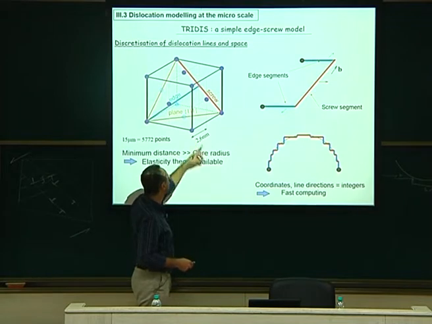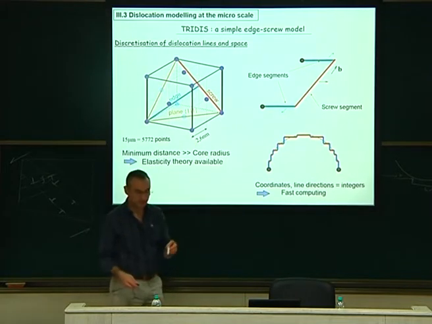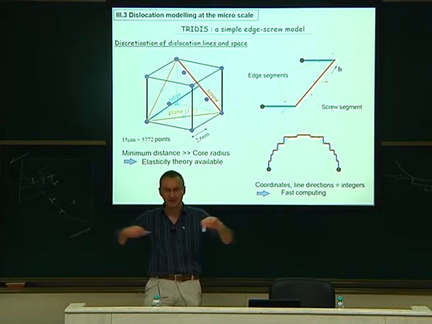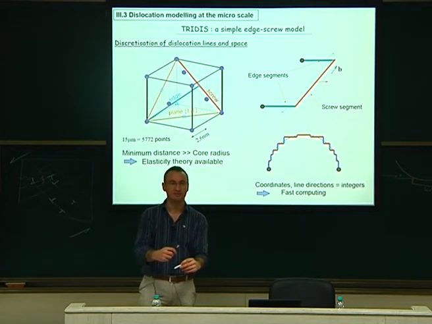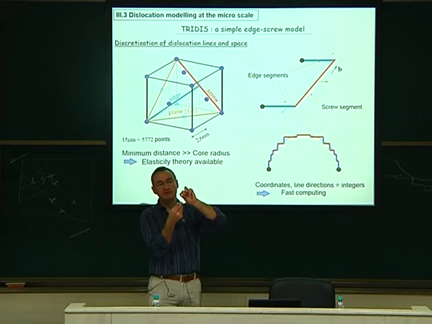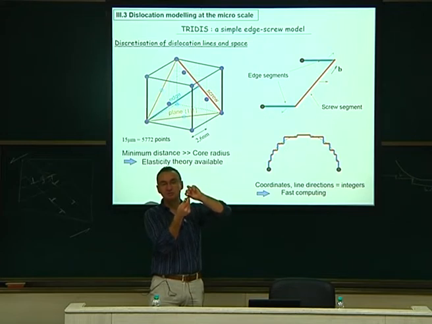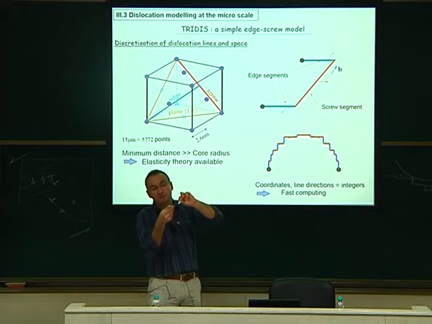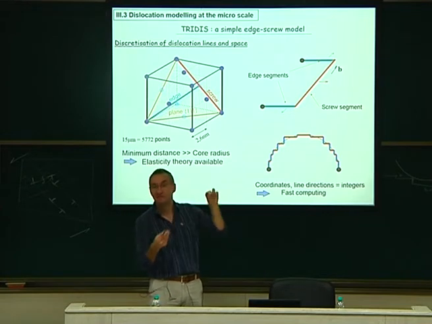Why did we choose that? We chose that because of some experiments from Mughrabi. Mughrabi highly deformed a material. He irradiated the samples to pin the dislocations, and he looked at that in the TEM. And he observed that two dislocations will never be closer than 15 nanometers out of the plane, in one plane. So this is the minimum distance between two dislocations in highly deformed materials. It means that you don't need to take care of all the details in between, because this does not happen.